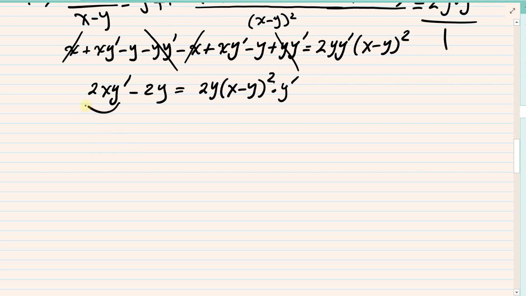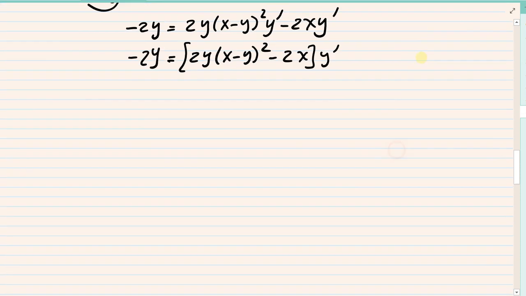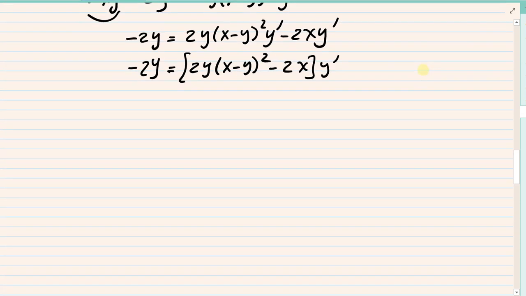You see that 2x y prime also. Let's move it to the other side. So we get negative 2y equals 2y times x minus y squared y prime, negative 2x y prime. Now I can factor a y prime and I get 2y times x minus y squared, negative 2x, times y prime. The other side is just negative 2y because we want to solve for y prime. And then we can do that. So y prime is,